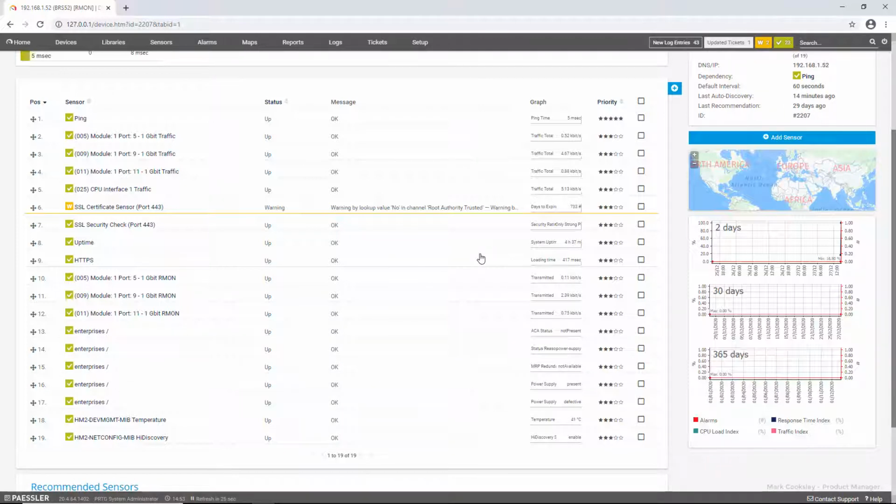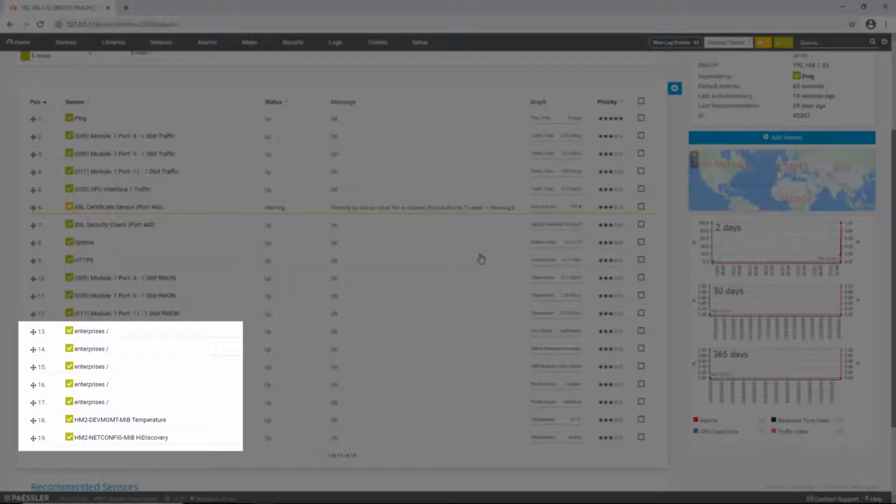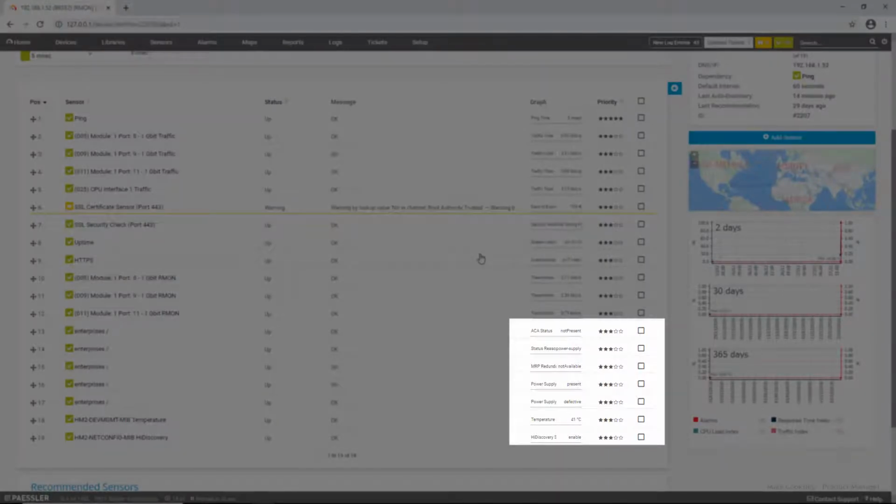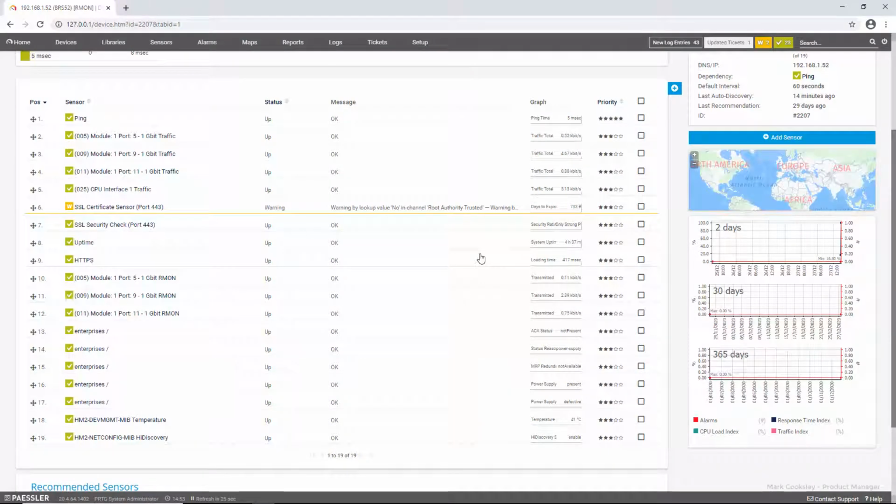The sensor names are not friendly. It's not possible to give the sensors meaningful names during the creation process. But you can see the sensor purpose in the graph column. So I will now edit the sensor names.